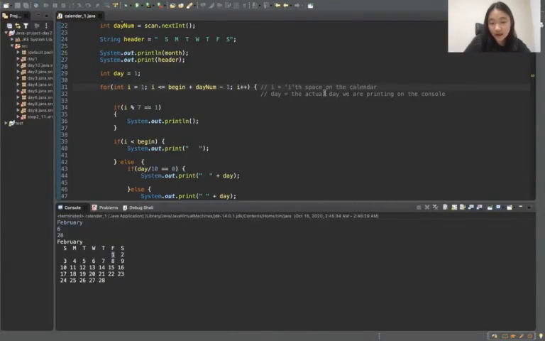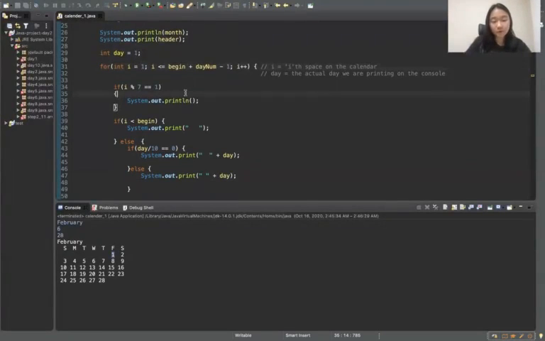And day is the actual day we are printing on the console. So although this starting date 1 is on the 6th space of the calendar, 6 is not the number we're trying to print out. 1 is the number we're trying to print out. So day will indicate the number 1, and i, which is the space on the calendar, will indicate the number 6 to tell us where we are on the calendar. Knowing that part of the code, if we move on,